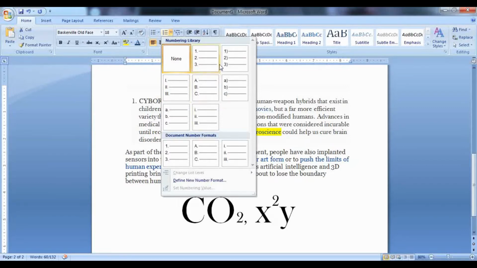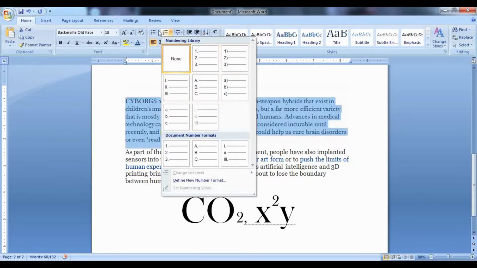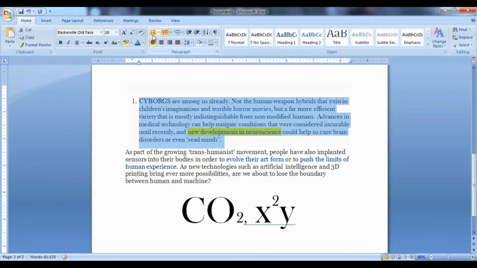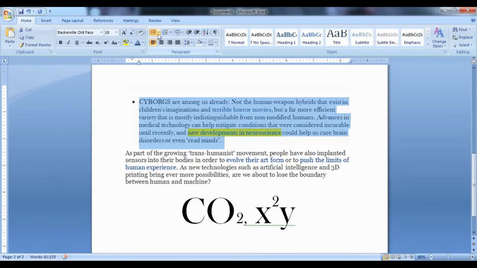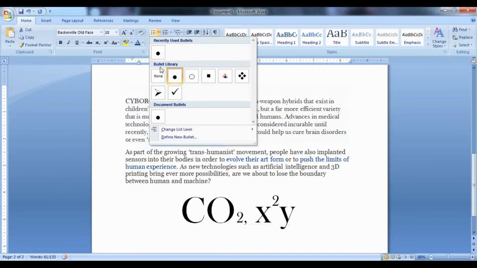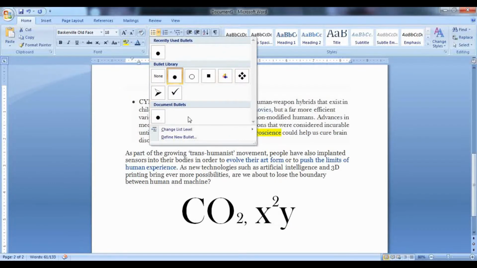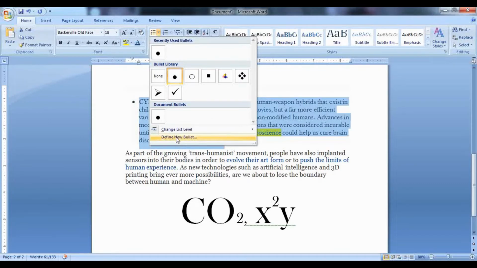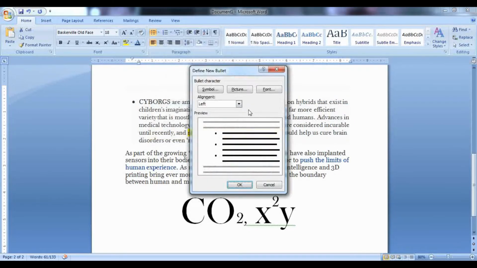So these are the numerical bullets, that is the ordered bullets, and these are the unordered bullets. So I can either choose from these options given, or if you don't want to use any of these options, you want to define your own option, then you can simply click on define new bullet, and here you can choose which bullet you want to use.